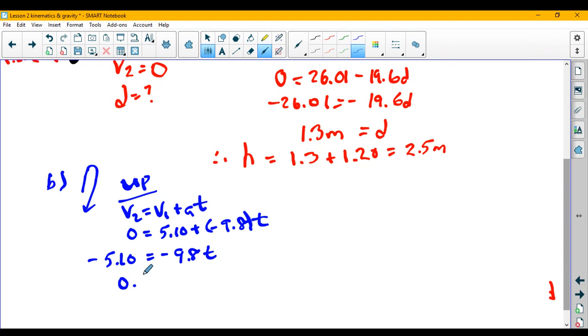In this case, I've got 0.52 seconds. 2 sig figs because of the 9.8. I could keep an extra, but my next one is a 0 anyway, so I'm not going to get overly excited. On the way down, when I look at down,